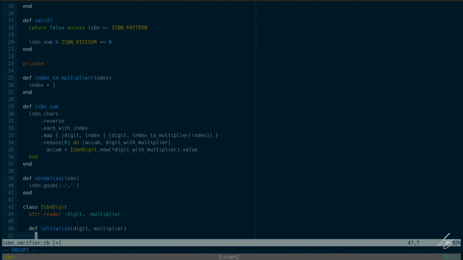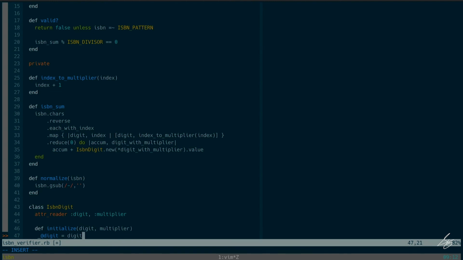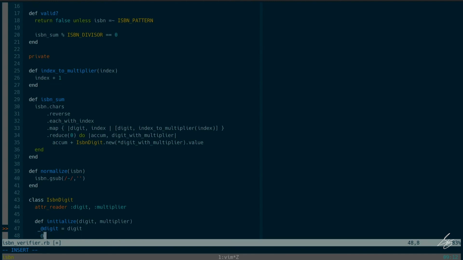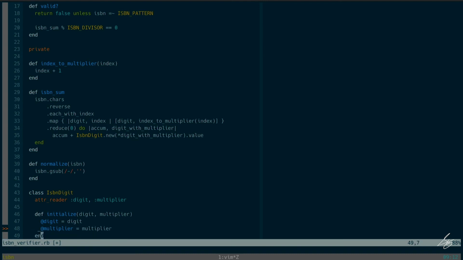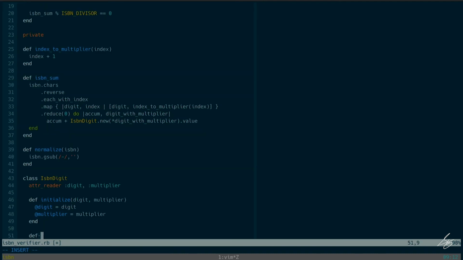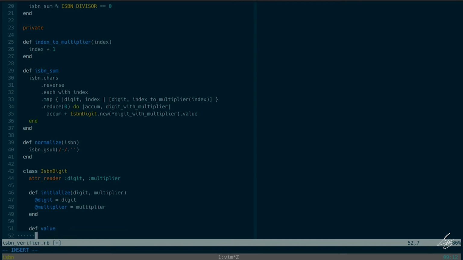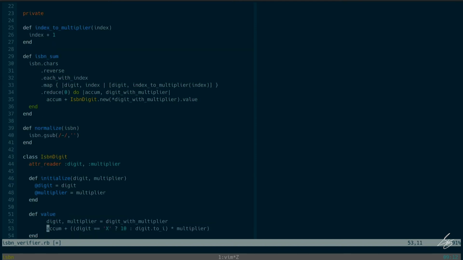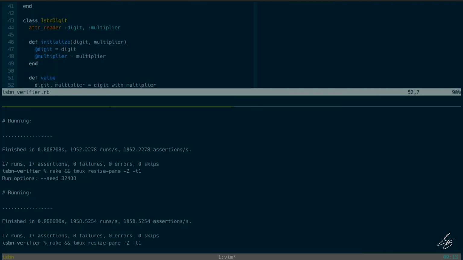And so I'll just set the instance variables to what I've been passed. And I need a value method that to start with will just contain that,